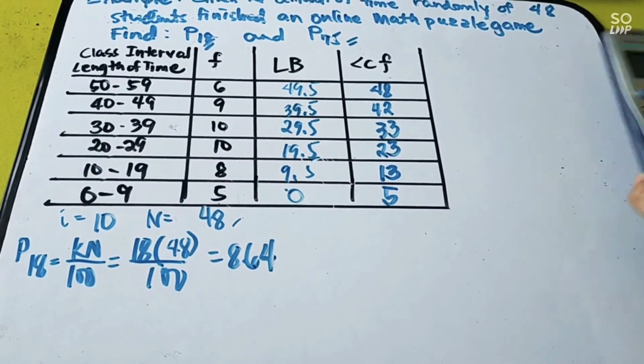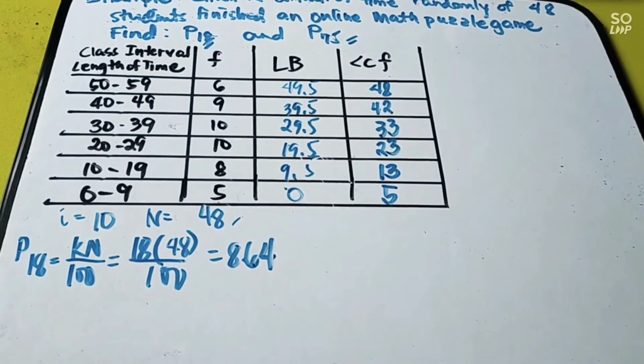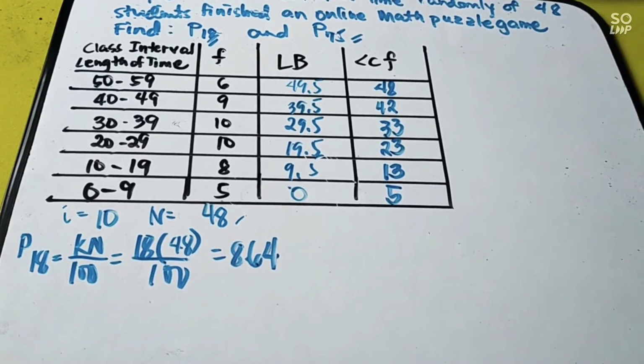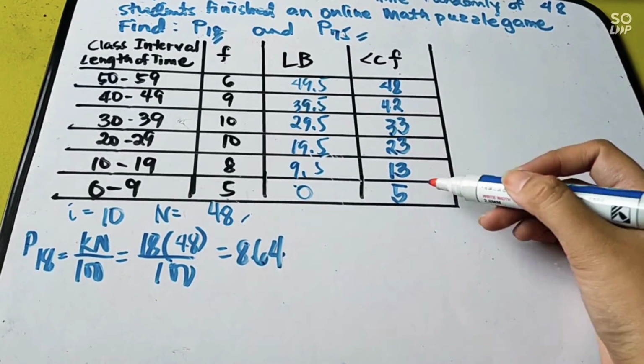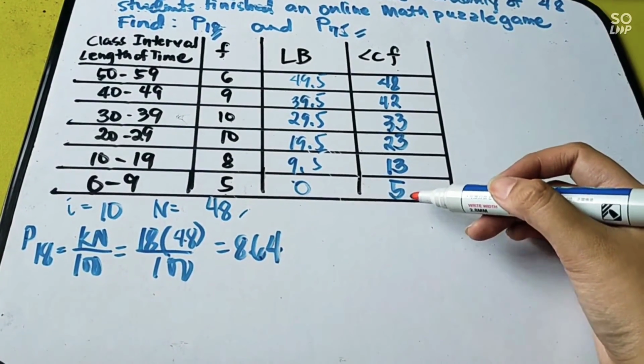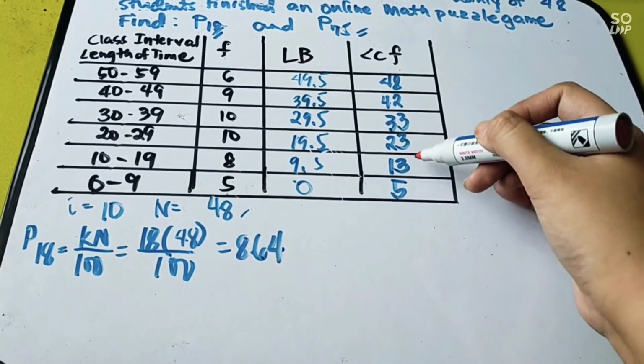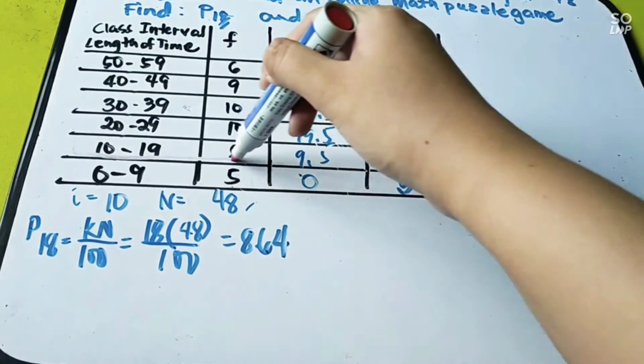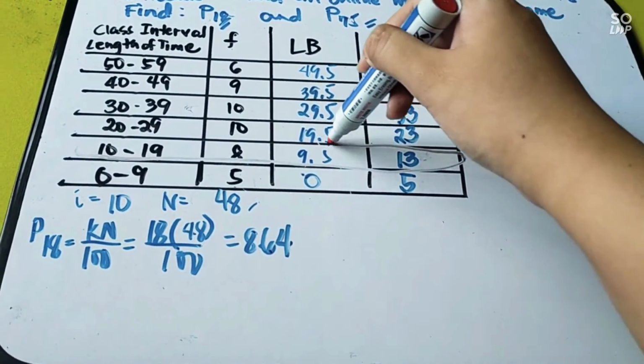8.64. Then, hanapin natin, nasan ba ang 8.64? So, kailangan mas mataas siya, ha? Mas mataas siya. So, we have here 5. So, si 8.64, mas mataas siya sa 5. So, ito yung kukuhanin natin, which is 13. So, ito ang ating tinatawag na